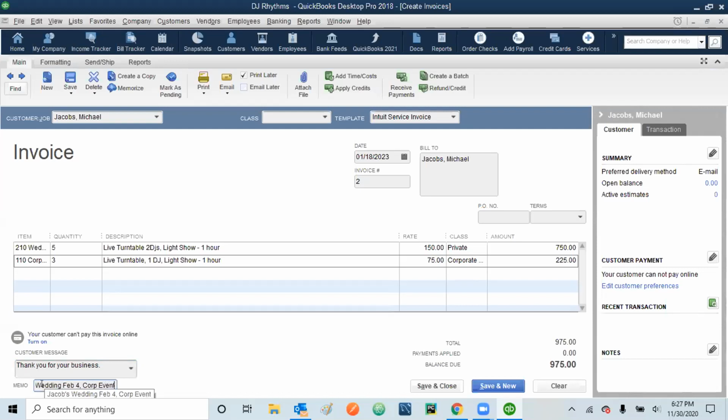Corporate event, January 20. So it will give you the idea in future, if you are trying to track the transaction with the memo, you will get the idea of how this transaction was done. And then save and close.